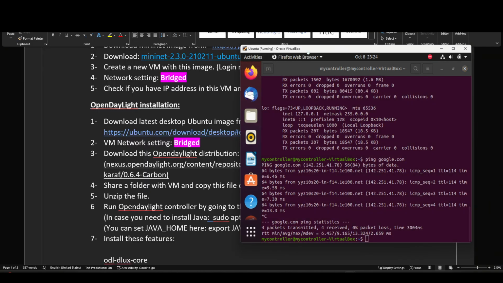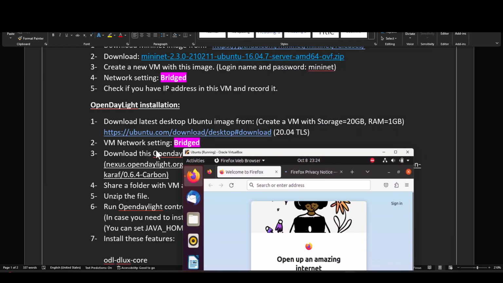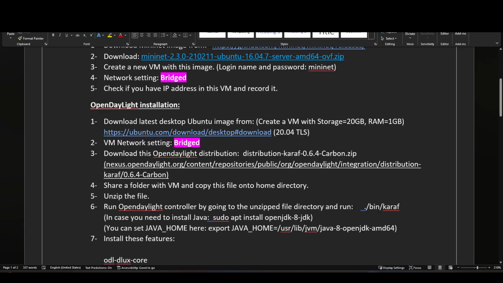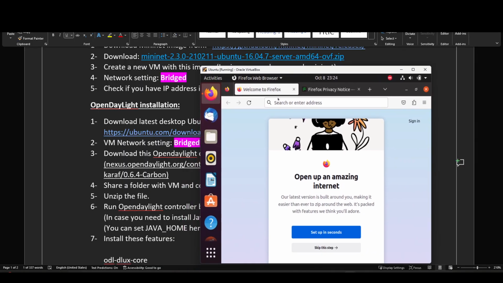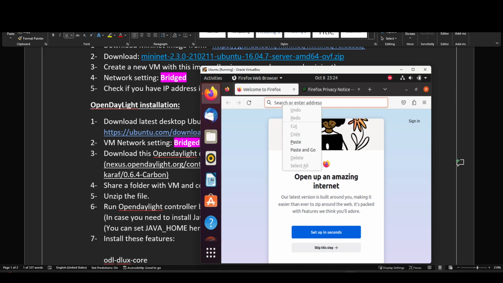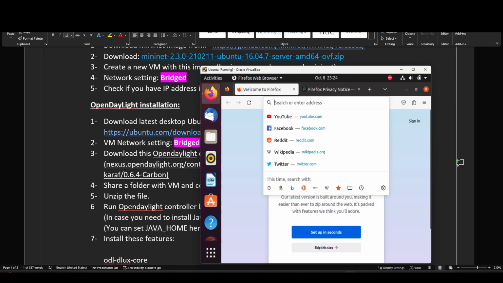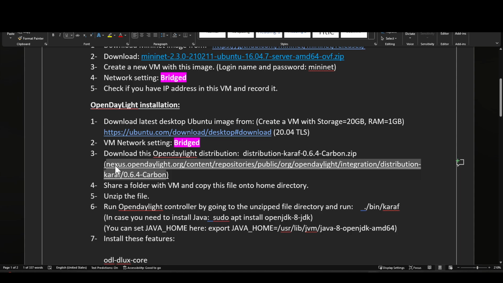We can go to Firefox here, and then go to the same place, the Nexus one. I will put the address for you in the comments, so hopefully you can go to the same place. I'm not sure if I can paste something here. If not, then